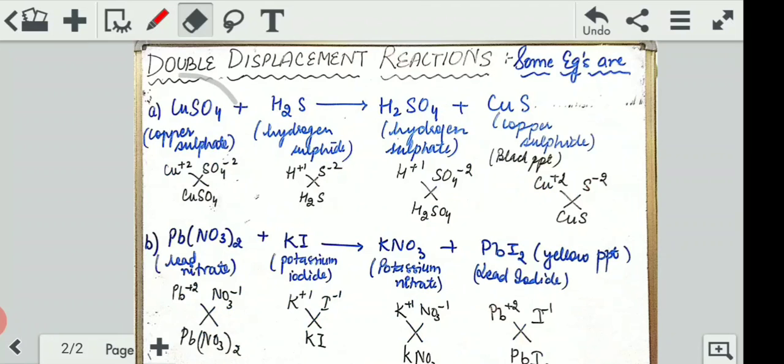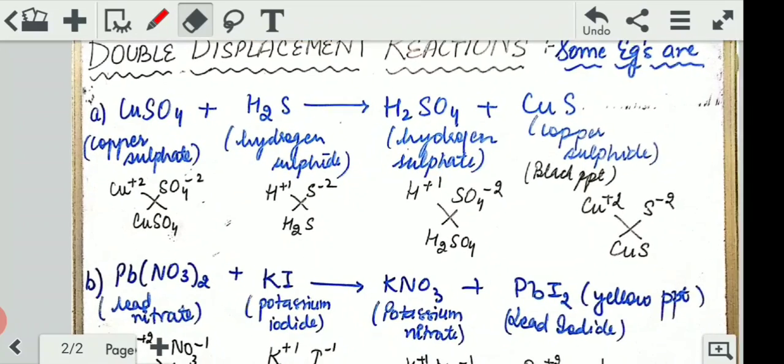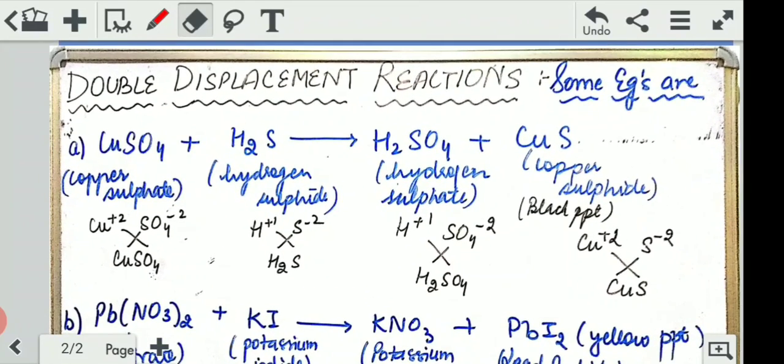So, you can see here we have copper sulfate with hydrogen sulfide. So we took a compound along with another compound, hydrogen sulfide. This is how their formation is there. You can easily see it. Now I'll not be explaining every type, right? You can see it and copy it down somewhere. It's as simple. The same crisscross method is followed in every compound formation. There is nothing new to it, right? So you will see that hydrogen comes and bonds with sulfate, while copper will bond with sulfur. So copper bonded with sulfur, hydrogen bonded with sulfate.